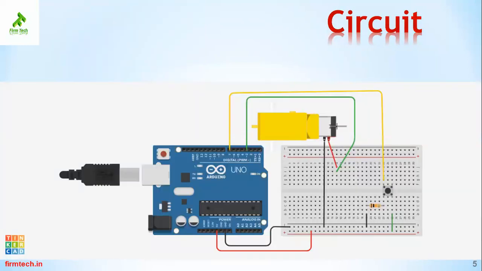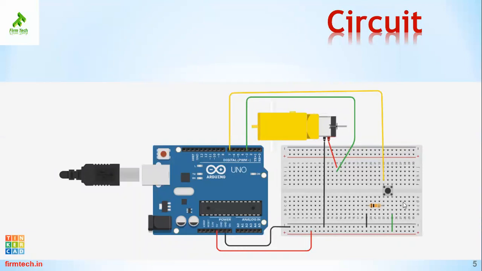This is the circuit that I have connected. My aim is to switch on the motor when I press the switch, and the motor comes to the off state once I release the switch. So I have connected the 5 volts to the input terminal of the push button switch. See here, this is the 5 volt rail which is connected to the 5 volt pin of the Arduino, and the other one is the ground pin.